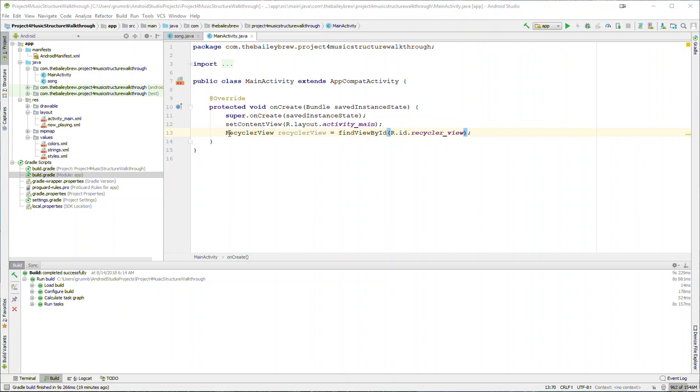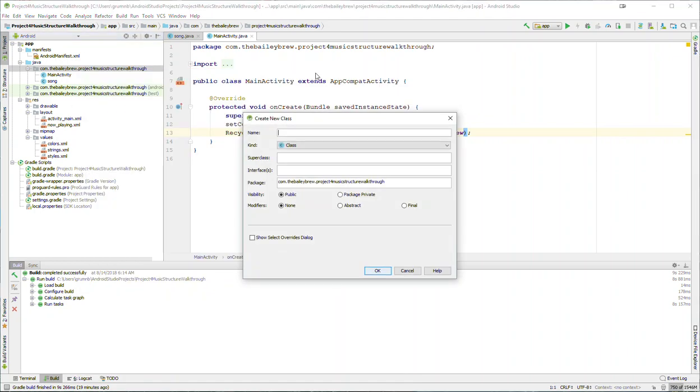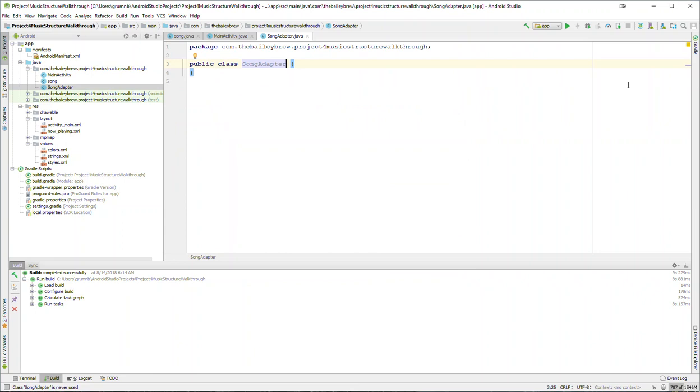So we're going to create the adapter now. That's a new Java class, and it's always better to call things what they are, because it's going to link all the pieces together. As we go through this, because this is a RecyclerView, you're going to want